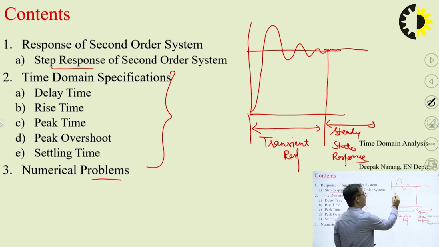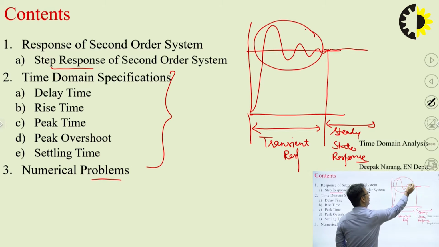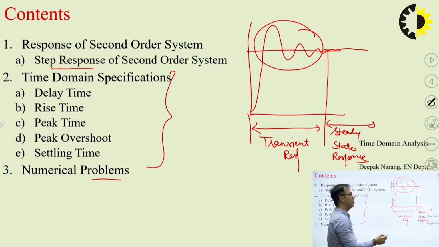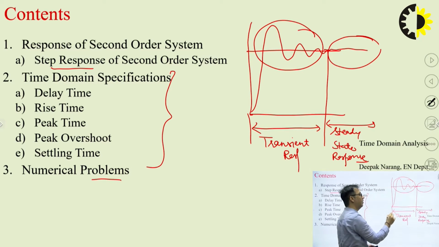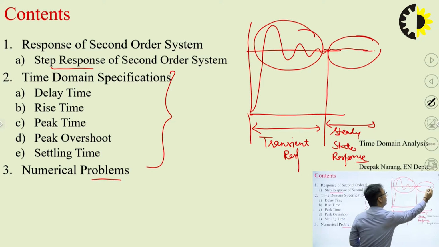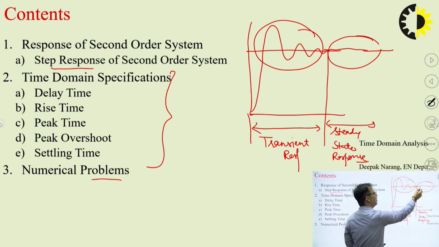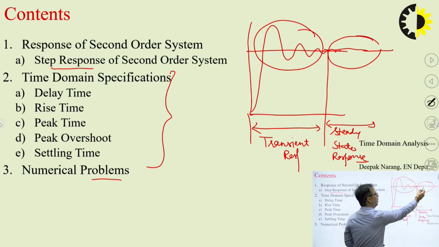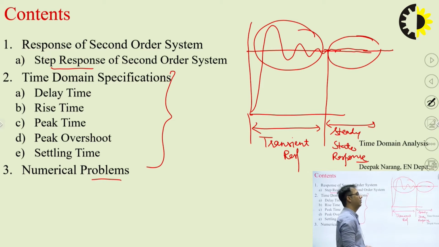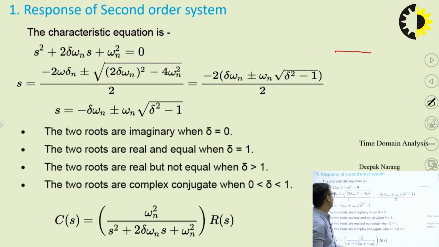Transient response basically shows the oscillatory behavior of the system, and the steady state response is when these oscillatory behaviors die out with the passage of time and a steady condition is achieved where the output stays in a defined specific band, or you can say the output stays near our required desired output. We call it steady state response. So starting with